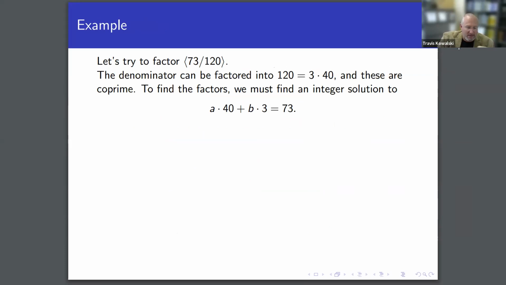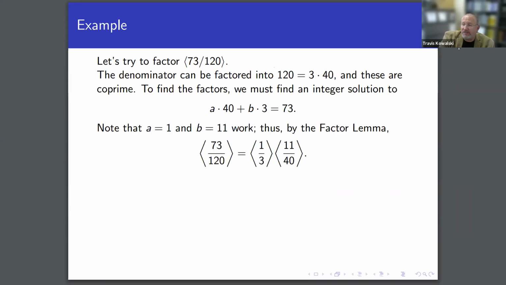Those are coprime. And so if we solve the equation a times 40 plus b times 3 equals 73, by inspection, I can pull this solution out, and that's the only solution in stars. 40 is still factorable. So if we factor